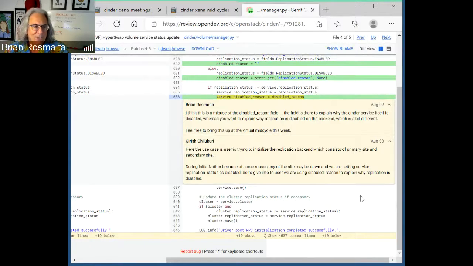You can read my comment here. I think this isn't what the disabled reason field is for, which is to report backend information, but there may be a reason.